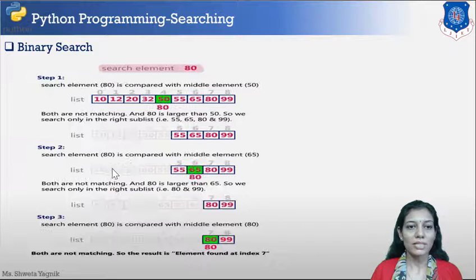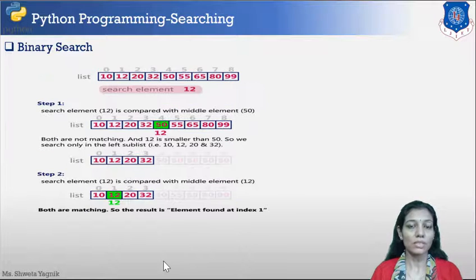So our search space has reduced. The search space has been reduced to half. That's why by ignoring the elements of the right hand side sublist, we are able to make the searching algorithm efficient. Again, the middle element of this is 12, and 12 is compared with the 12. That's why we have got the match, and we'll be returning the position of the middle element.